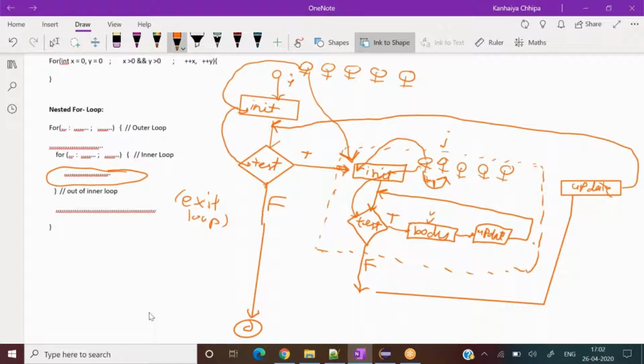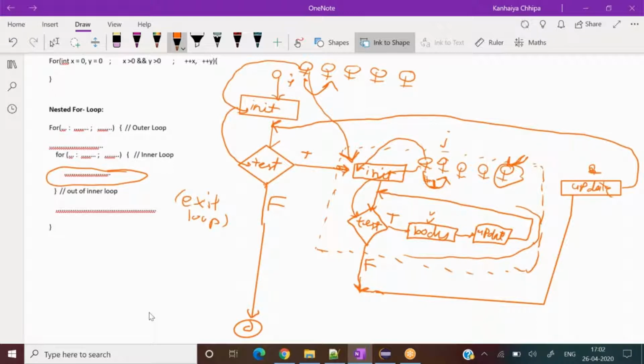I just draw a face, but consider it a numeric value incremented by 1. And then again, this would be happening in the innermost part, right? This would go on and on for all these 5 members, 1 2 3 4 5. Once this last member is done, as soon as we reach the maximum value of the inner loop, the condition would be false at that particular time, and then it will go to the update step, so that this person would get updated from 1, and